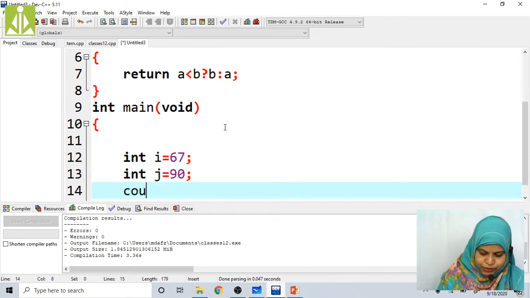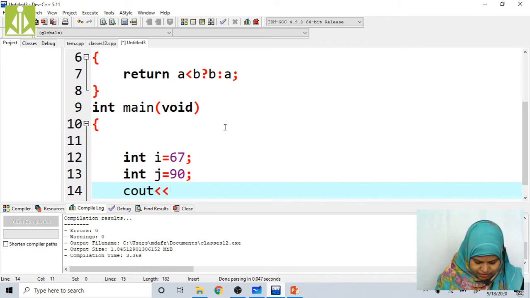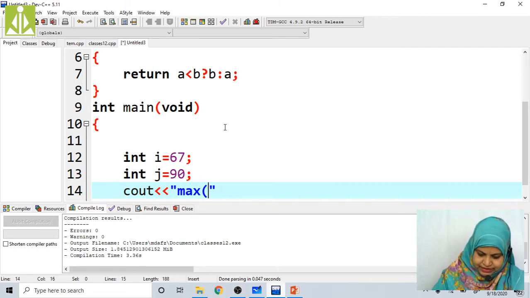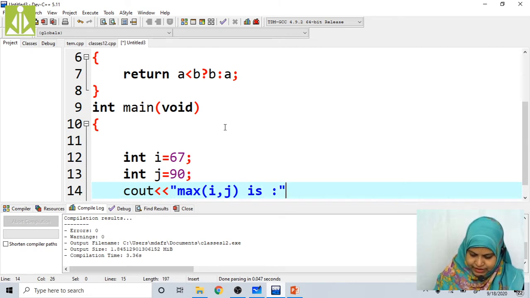Here I am going to print the value: cout maximum value, max of i comma j, maximum of i comma j is, sorry, I will give one space here, is, and